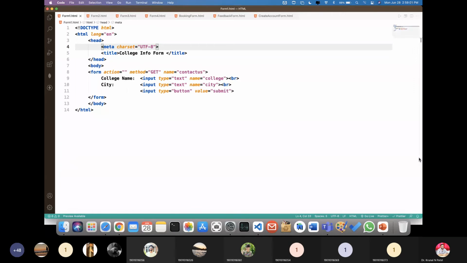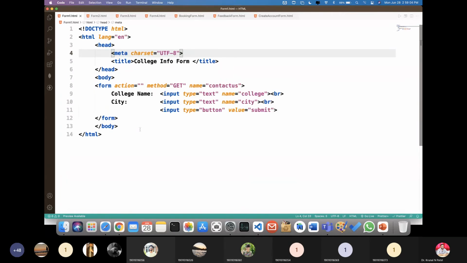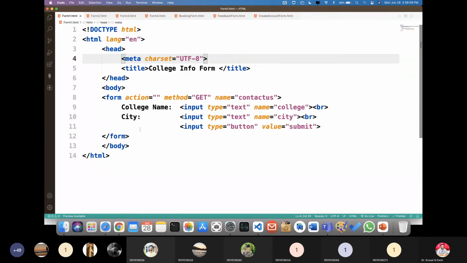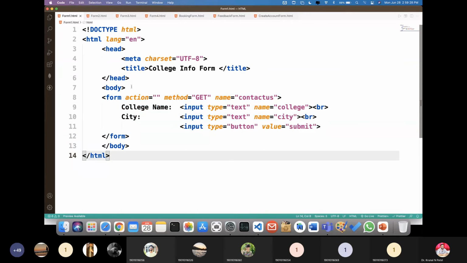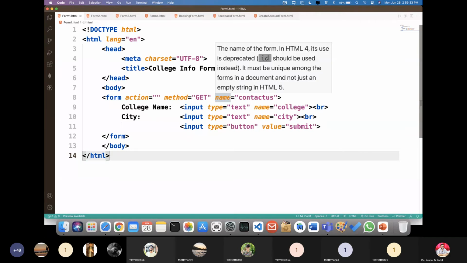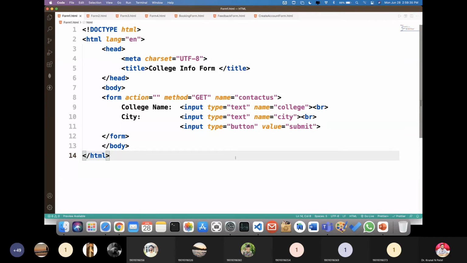Okay, so this is our first form. I hope it is visible to everyone. Here our HTML structure will be there. There is no change in that. Now we have to define a form tag within a body tag, because that is the main content of our web page. So here you can see that these are the particular attributes we have defined as we have discussed.